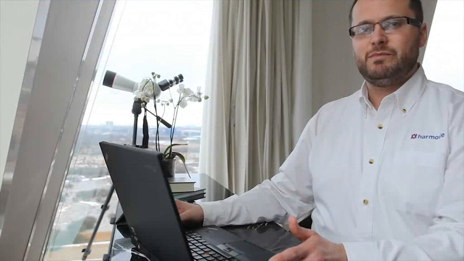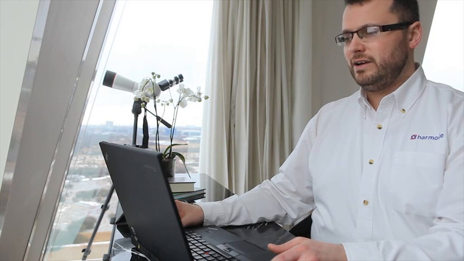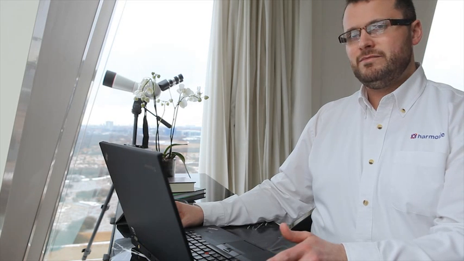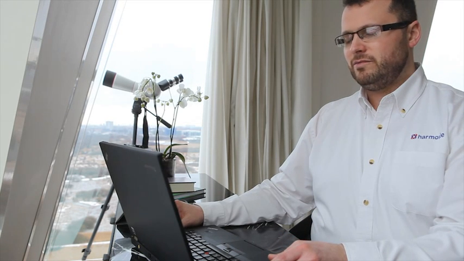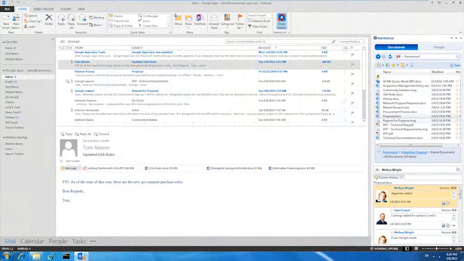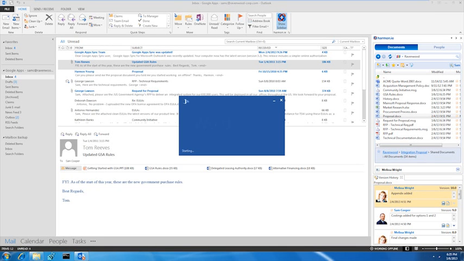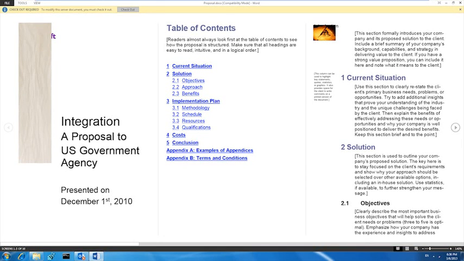And we need to get this proposal out very quickly, by the end of the day, so I need to make a few final changes to this document proposal. I can carry out any operations that I have permission to execute from here. So I can open the document directly into Word to make some changes. I'll check that document out,